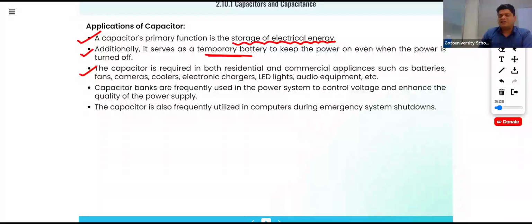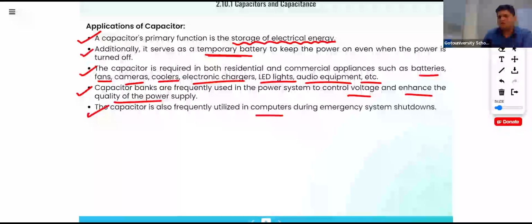Third, the capacitor is required in both residential and commercial appliances such as fans, cameras, coolers, electronic chargers, LED lights, audio equipment, etc. Fourth, capacitor banks are frequently used in power systems to control voltage and enhance the quality of the power supply. The capacitor is also frequently utilized in computers during emergency system shutdown. Okay,